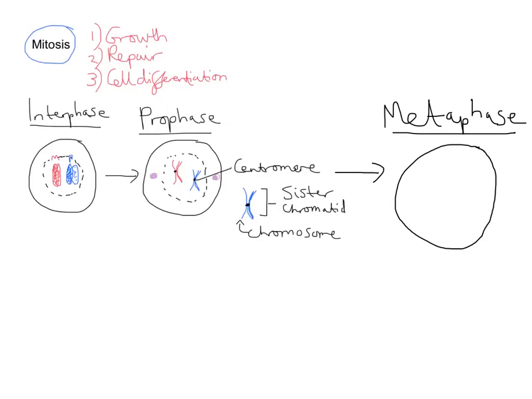That nuclear envelope, if you remember, has disintegrated. So now we have a red there. We have the blue paternal chromosome here and its copy. And we have at the side our centriole,